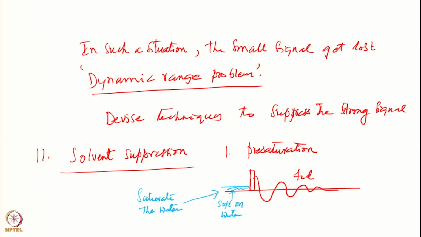Now, before that saturated water returns back to equilibrium, you apply the 90-degree pulse here, or whatever flip angle you want to use, and then you detect the signal. You finish your experiment before the water comes back. So, therefore, in this area the solvent contribution will be reduced. Okay. So, this is the simplest of the experiments, and there are other